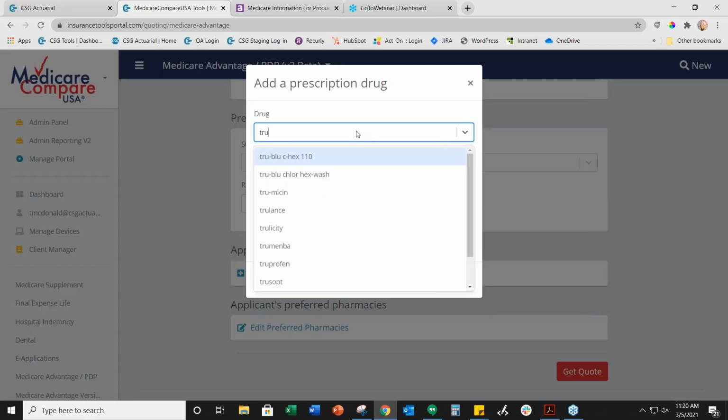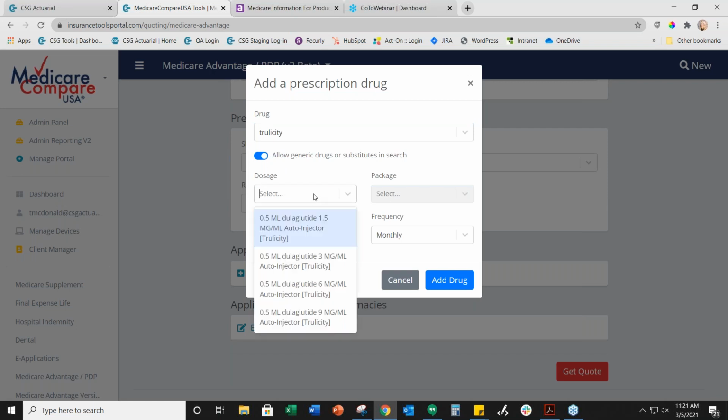prescription drug. So as I start typing, you'll notice that any of the drugs that have these first few letters pop up, which is really handy. I know I'm not the best speller when it comes to these drugs, so as you start typing, it will populate those drugs for you. You can choose whether you want the generics to show in this result list. So any of these that say Trulicity after the drug dosage